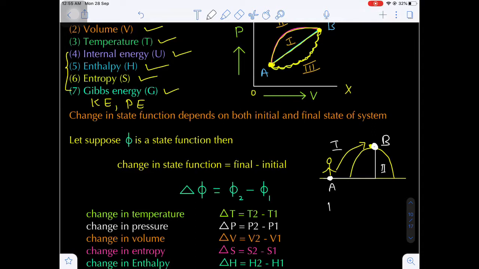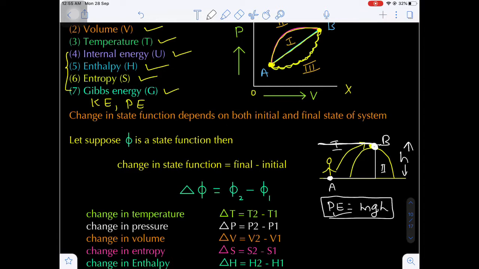That means the potential energy is equal to mgh. Are you getting my point? Now if the person moves from point A to point B, what will be the height of the person from the origin? That will be the height h. So that remains the same whether the person moves through path 1 or path 2. Irrespective of the path, the height of the person in the final state remains the same, which means his potential energy remains the same. That's why this is called a state function. State functions are those functions whose values depend upon the current state of the system and are independent of the path of the transformation and also independent of the previous state of the system.